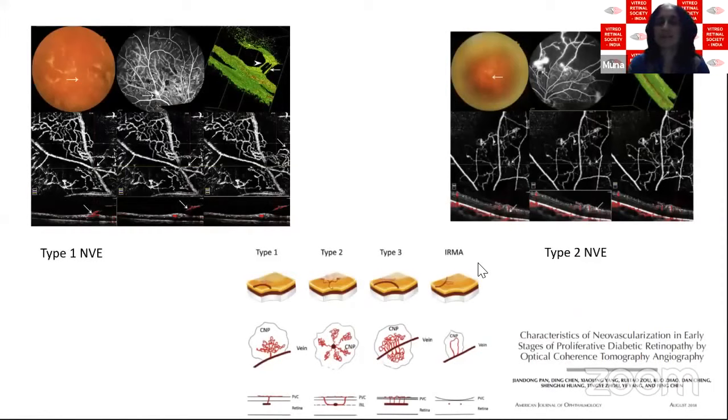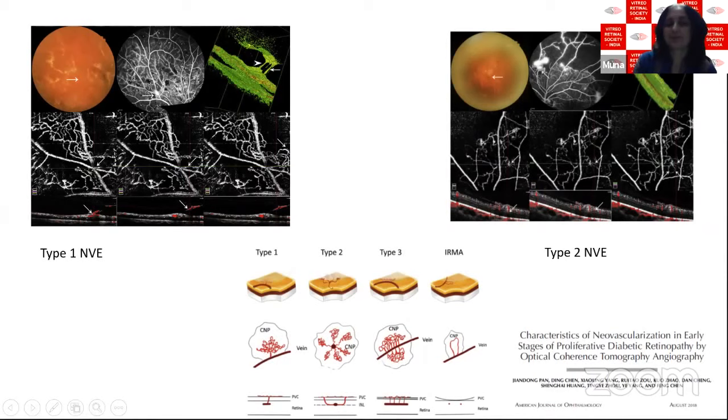Another interesting article I came across was how would you classify neovascularization in diabetic retinopathy based on OCTA? And they found that there was a very elegant article, and I think many people can go through this one. It shows that there were 3 types of neovascularization based on OCTA. You can have a focal stalk that comes up through the retina and grows on the surface. We all would love to operate these cases.